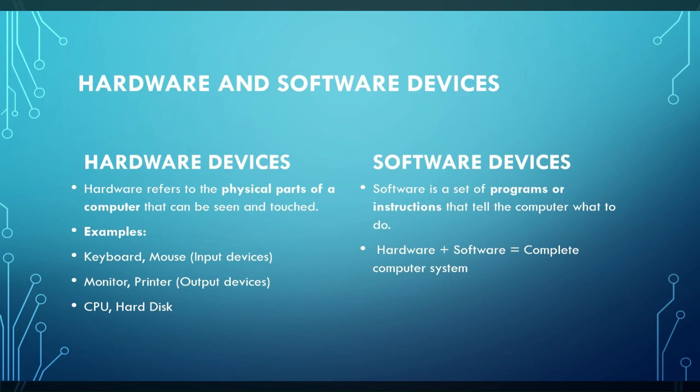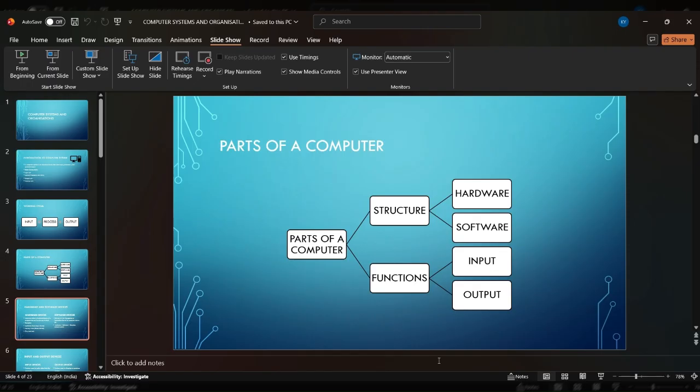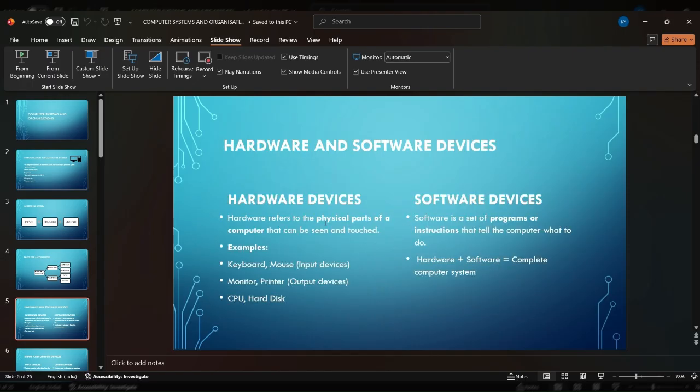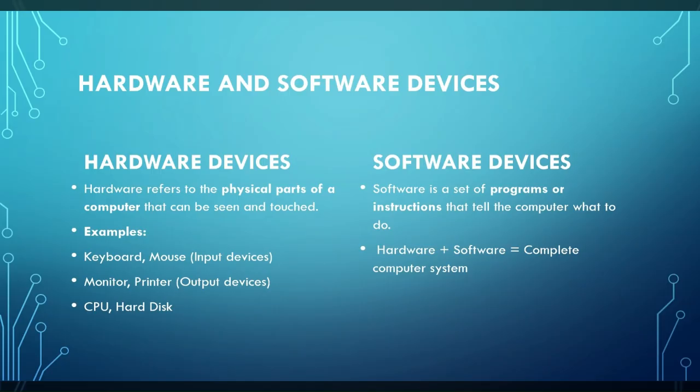And the opposite of that is software devices. See, software is anything that is not physically present over there. So a software is basically a set of programs or instructions that tells the computer what to do. See, if I take the example of this screen, this is a software. I made this presentation and it is present inside the computer. So this comes under a software. And the device that I'm using to record all this, for example, I'm using the laptop or I'm using a phone, anything like that comes under the hardware device. So these are hardware and software devices.